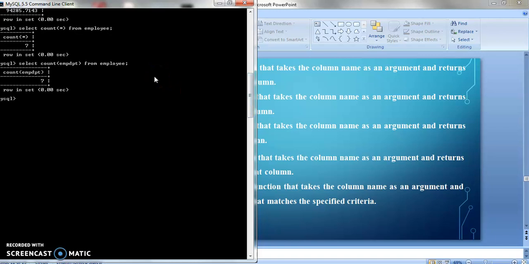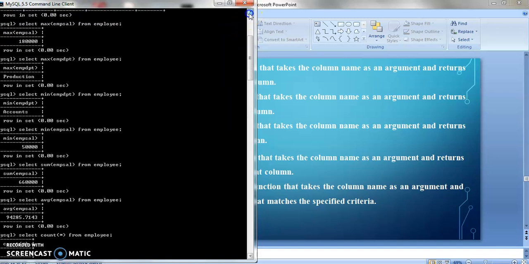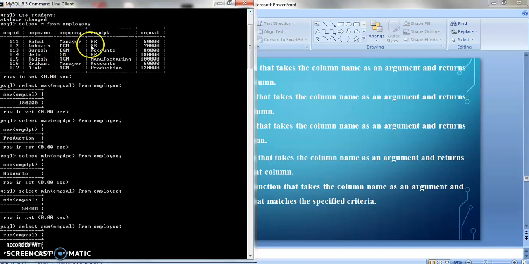Now the next variation of count: I am writing count distinct. Distinct means different, unique. It will return the number of rows having unique, different values of employee department. So how many different values are there?